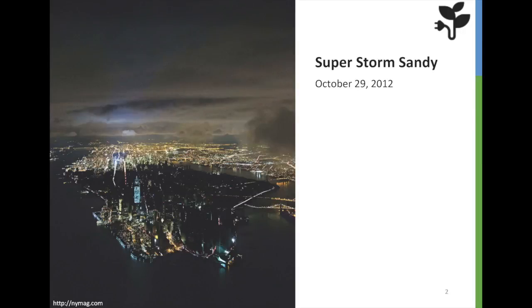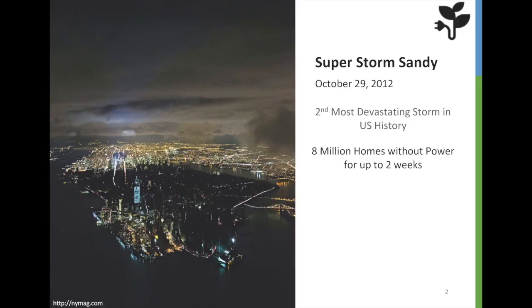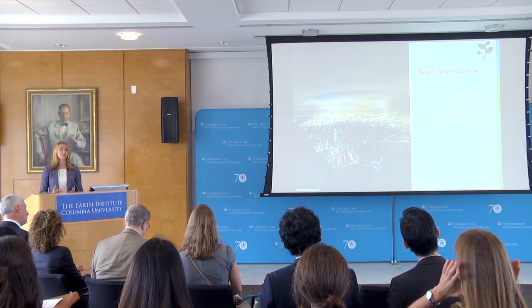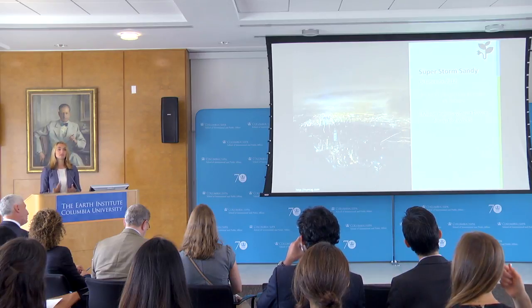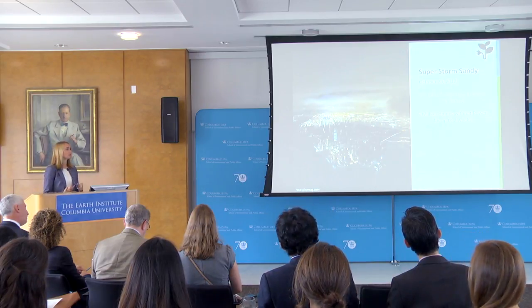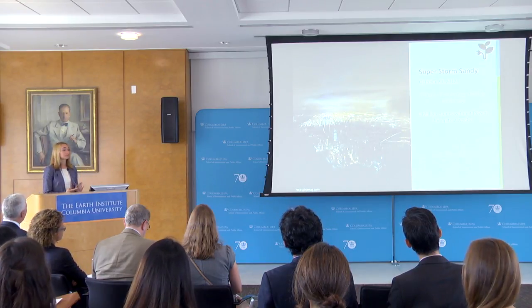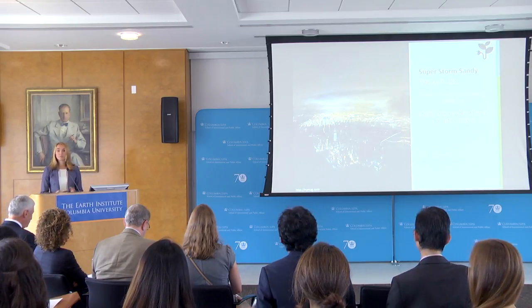Superstorm Sandy hit New York City in 2012, and we heard a bit about it earlier this morning. It was the second most devastating storm in US history, and there were many consequences from this storm. One of which was that 8 million people were without power, and some of those were without power for up to 2 weeks. Now, this is important because many of the services that we depend on a daily basis use electricity to function. This includes drinking water, flushing toilets, access to food, transportation, and hospitalization and medical care, just to